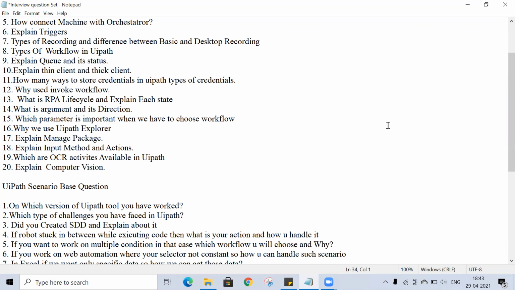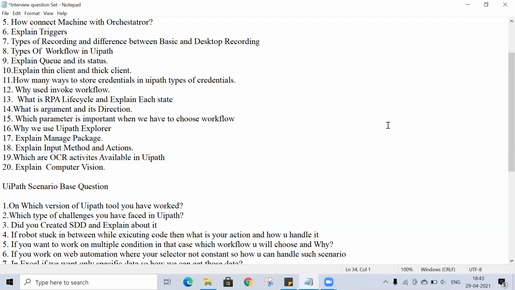The next tip is to make connections on LinkedIn with RPA people. On LinkedIn you will find lots of people who are already in the RPA field. So just make connections with them. This will definitely help you to get calls, or with any challenging thing that you are facing. They will definitely help you.